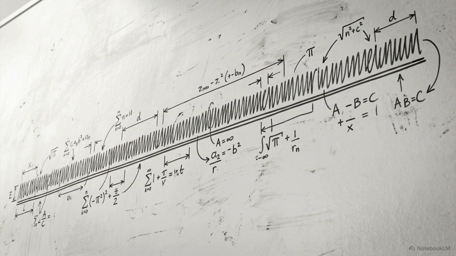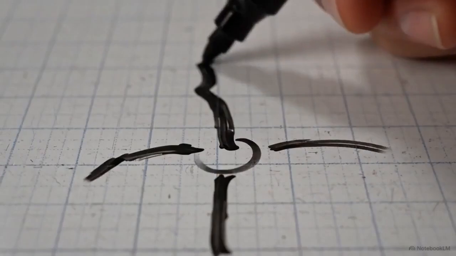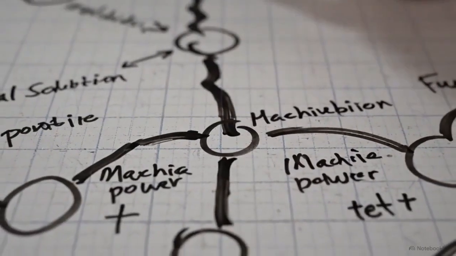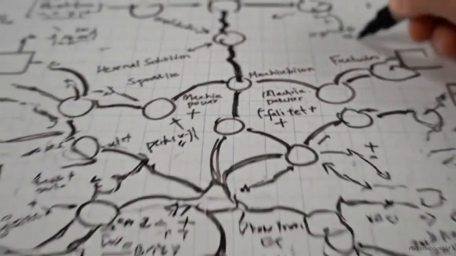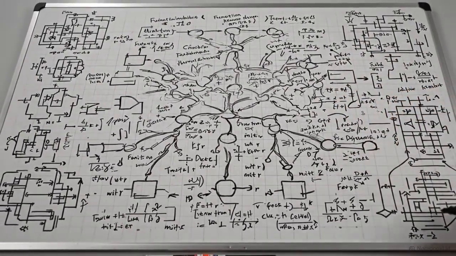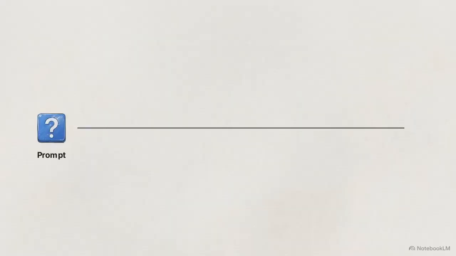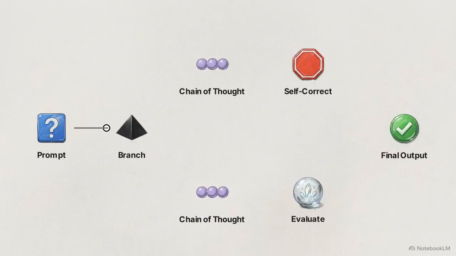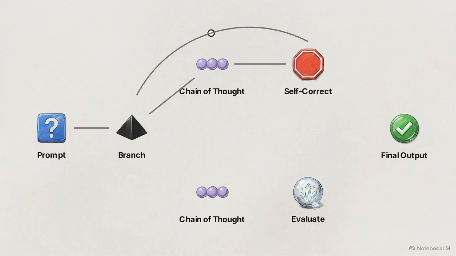For years, interacting with a language model meant receiving a single linear string of text. Today, advanced reasoning engines represent text generation as a vast, branching network of potential decisions. We are going to look at the exact mechanics required to upgrade a standard language model into a self-correcting reasoning engine, using the architecture found in OpenAI's o1.